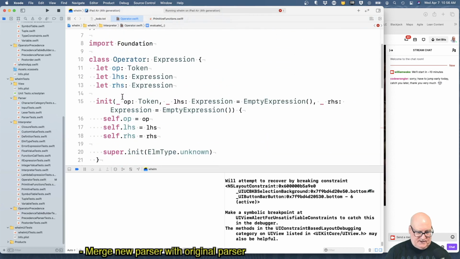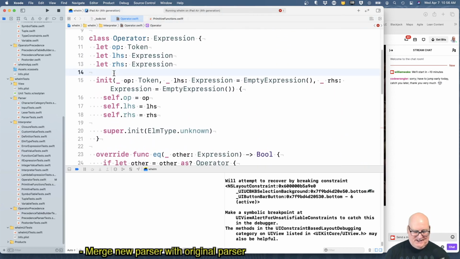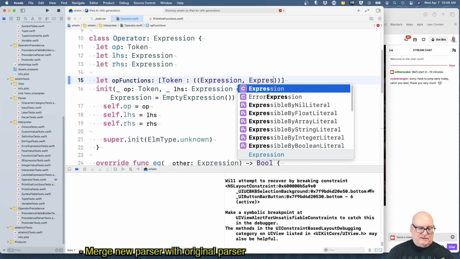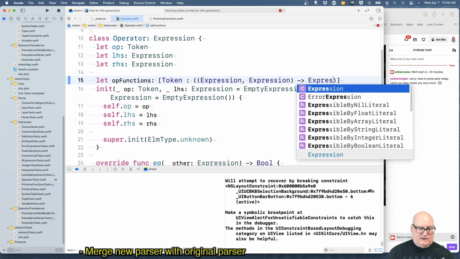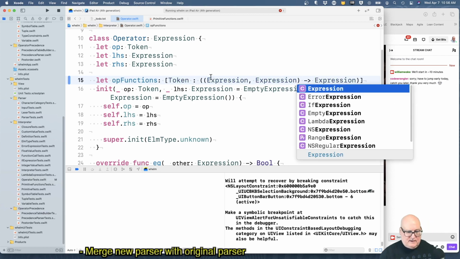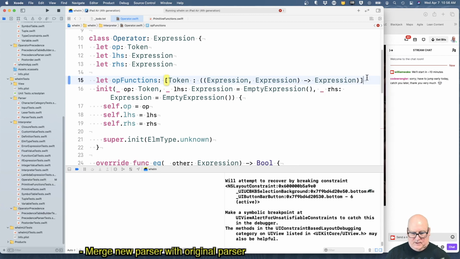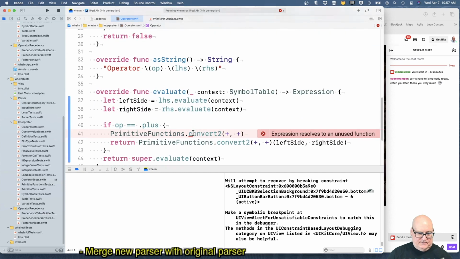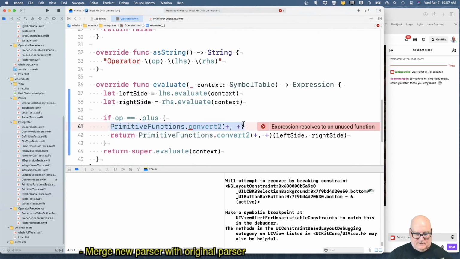So, I don't know if you're going to call this a refactoring or not, but let's let op functions be a map from a token to expression, returns expression. Okay. So we'll need to assign it. And this is the thing we'll want.